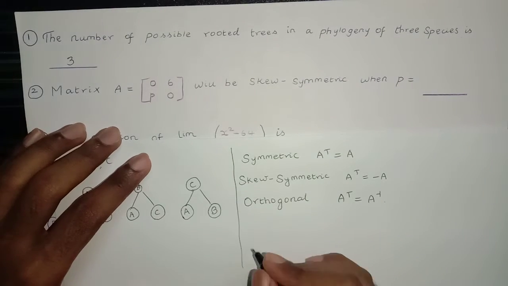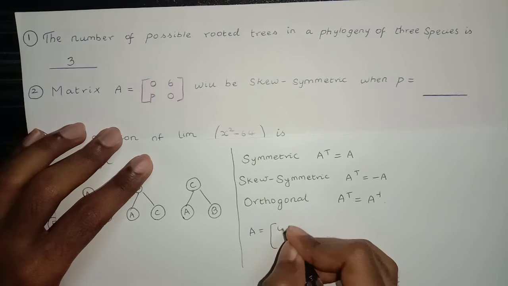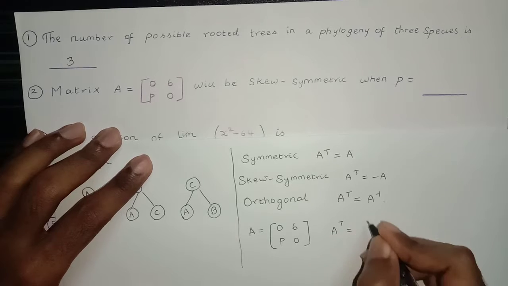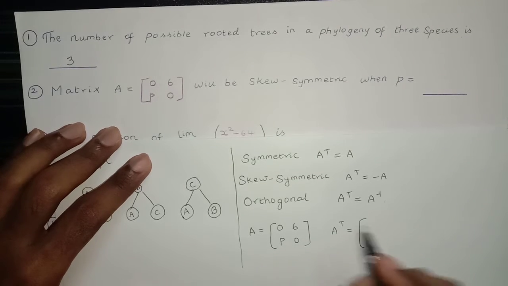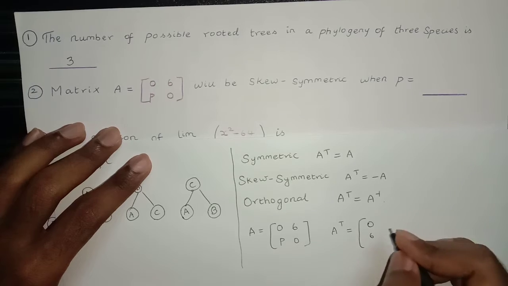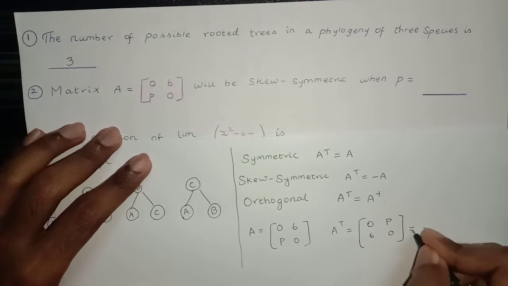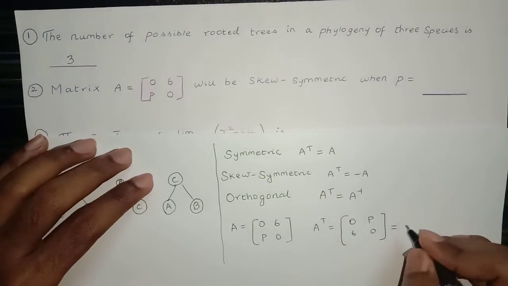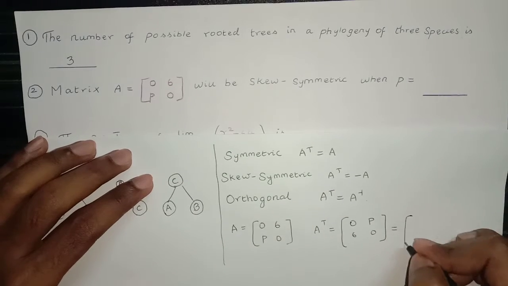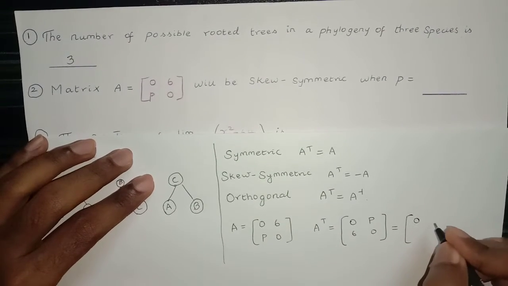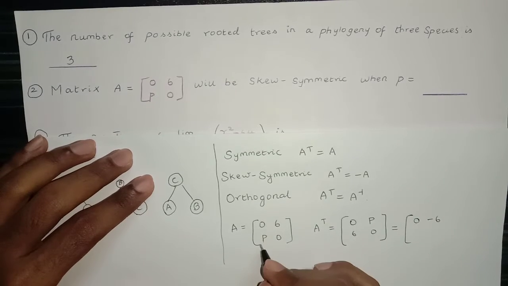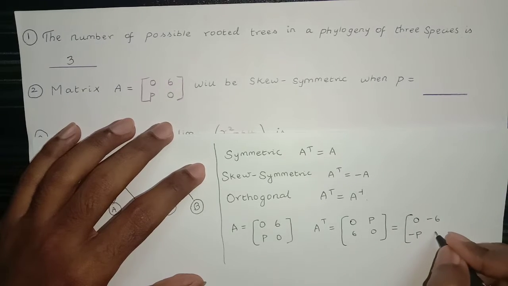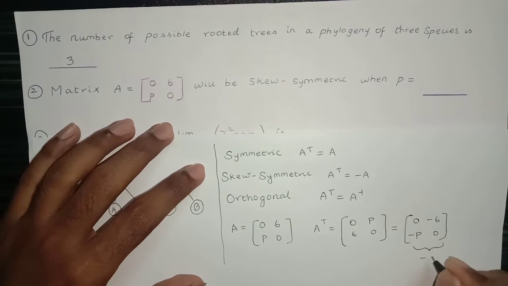So in our problem the matrix A is equal to [0, 6; P, 0]. Therefore its A transpose would be equal to, say, write down this row 0, 6 as the first column and the second row P, 0 as the second column, which would be equal to minus A because the condition is skew symmetric matrix. Therefore minus A. So let's multiply A with minus 1. Therefore 0 into minus 1 is 0, 0 into 6 ... say minus 1 into 6 is minus 6, P into minus 1 is minus P, 0 into minus 1 is 0. This is nothing but negative A.